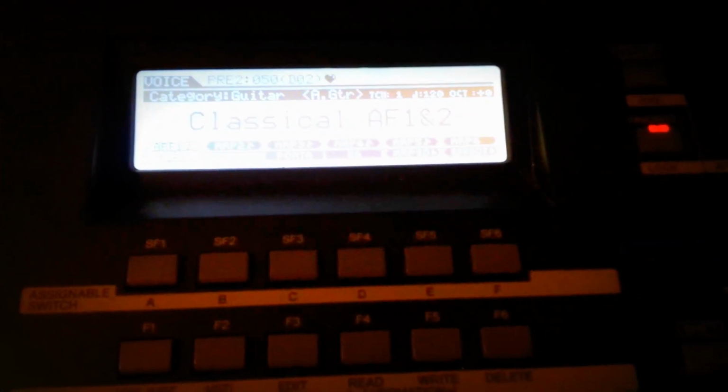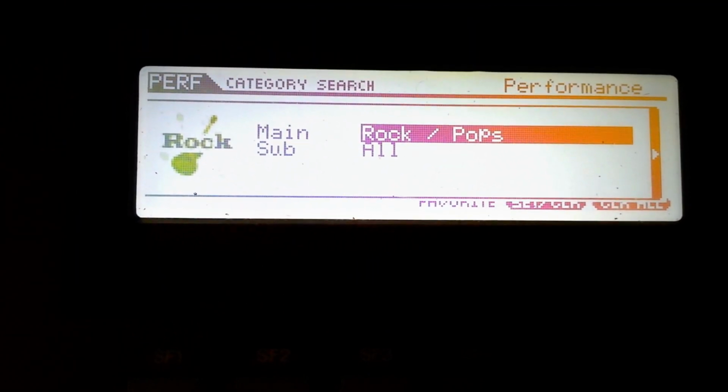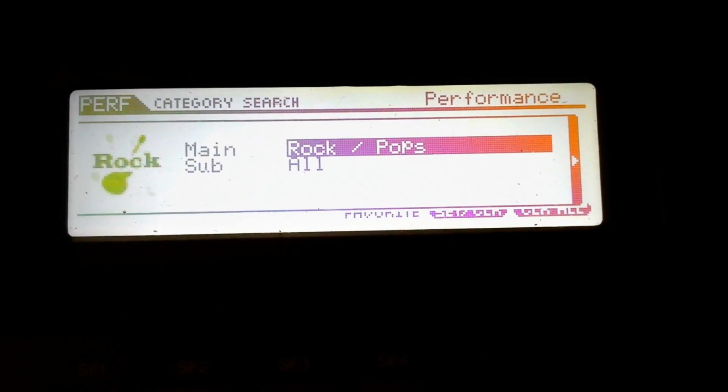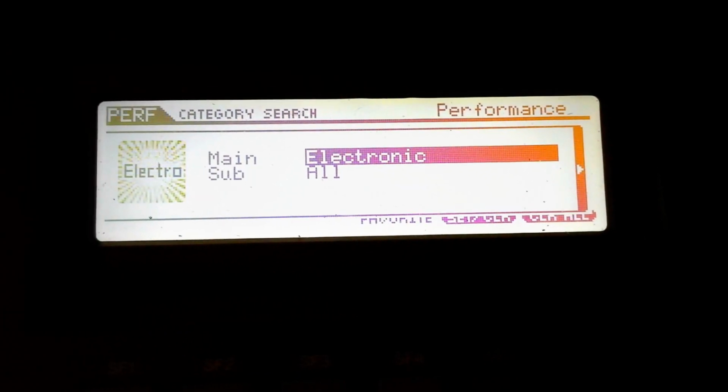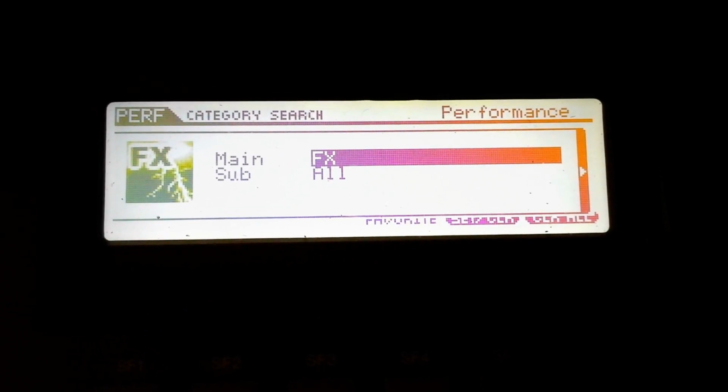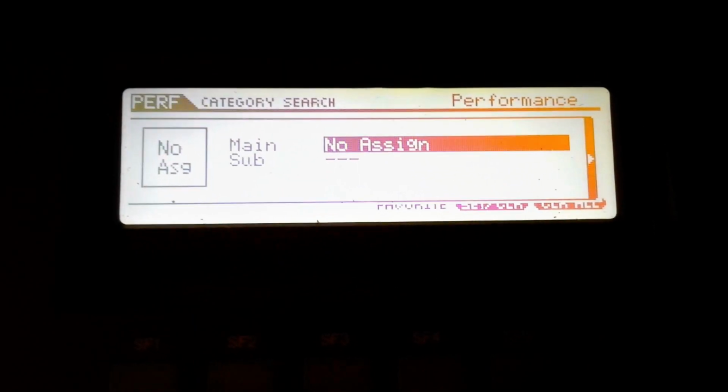Okay, so now I'm going to do the same thing in performance mode. So I click perform, and I'm going to click category search, and I'm going to go to a layer that I previously created for a video I did not too long ago. So I'm going to toggle the wheel to no assign, which is my layers. So I press enter,